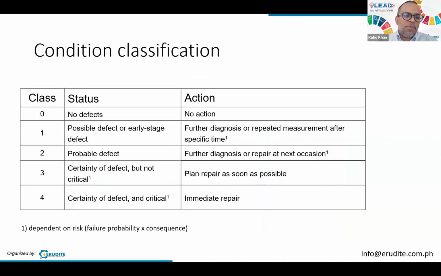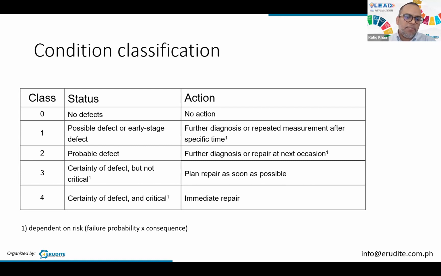So this is also a bit on health assessment. This is an example of an asset health index. It shows what to do when you do some form of maintenance or testing: if you detect defects, if you don't detect defects, what to do next. It's a guide only. It depends a lot on failure probability and consequence. This guideline is normally made based on a set of knowledge rules.